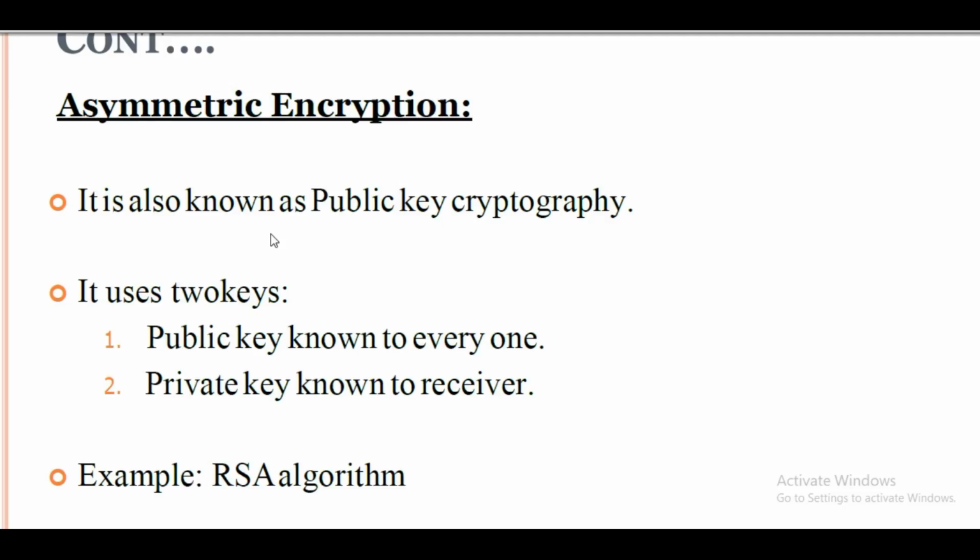So once we send any message, we apply a public key, and at the time the receiver is receiving the message, we need to have a private key to make that message readable. That is the basic concept of asymmetric encryption, and the example is the RSA algorithm. Clear? Now we try to understand that asymmetric encryption method in a practical way.